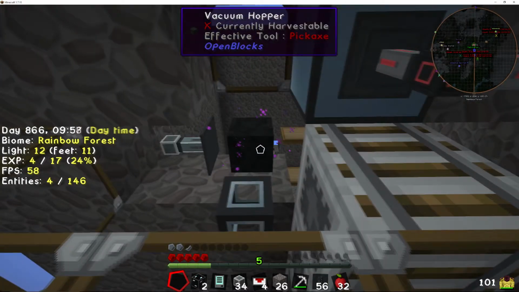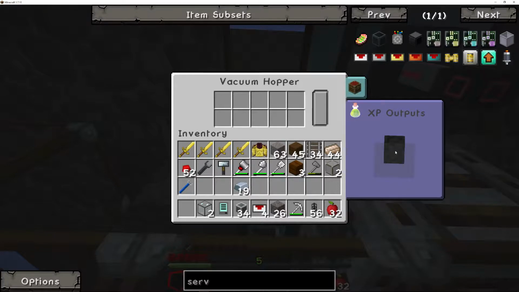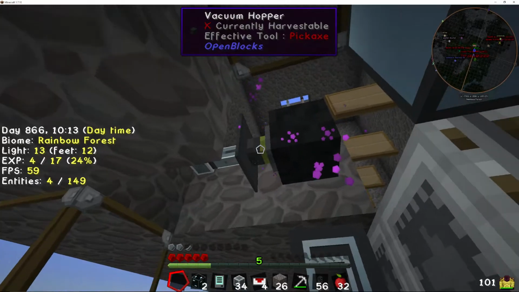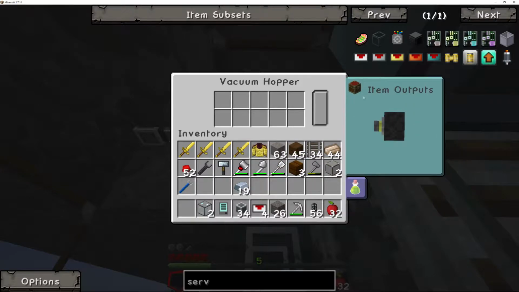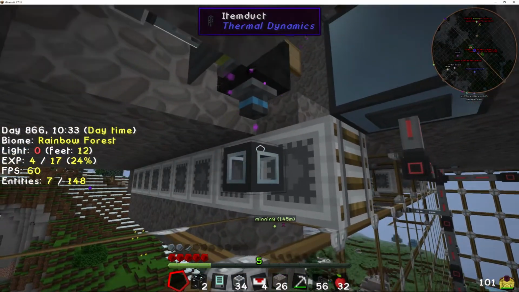So let me just, I never really know which way. That one would be the XP output, yes. And now you see that the output's actually connected to the fluid pipe. And then we'll do the same for the inventory. And now it actually gives us the output for the XP, so it becomes easier to pick which one is going to be the item